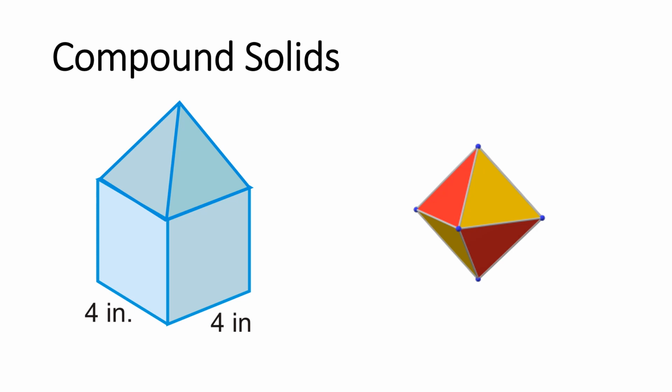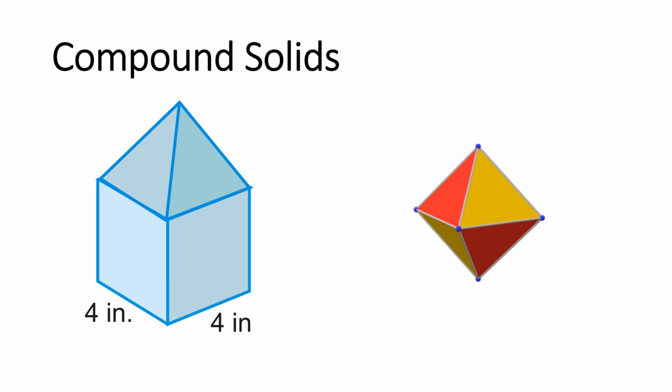Here, compound solids. We can see 2 solids here. By combining a cube and a prism, the first solid is made. So by combining 2 or more solids, we can make compound solids. The second diagram shows that when 2 prisms combine together, we can make a solid like this. So we can find how many faces, edges and vertices there are.